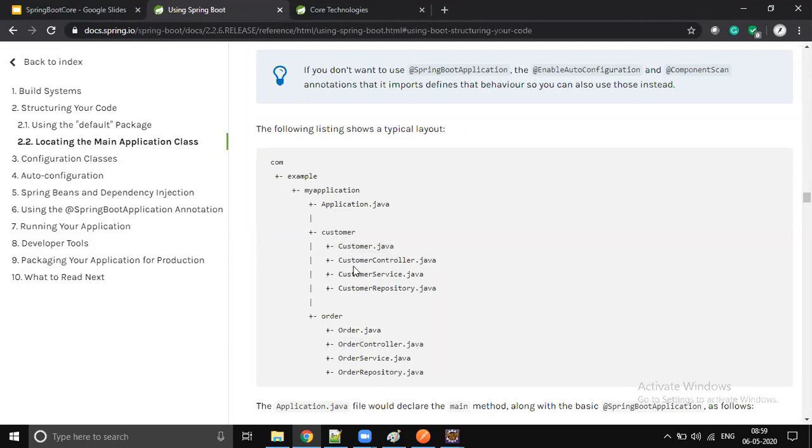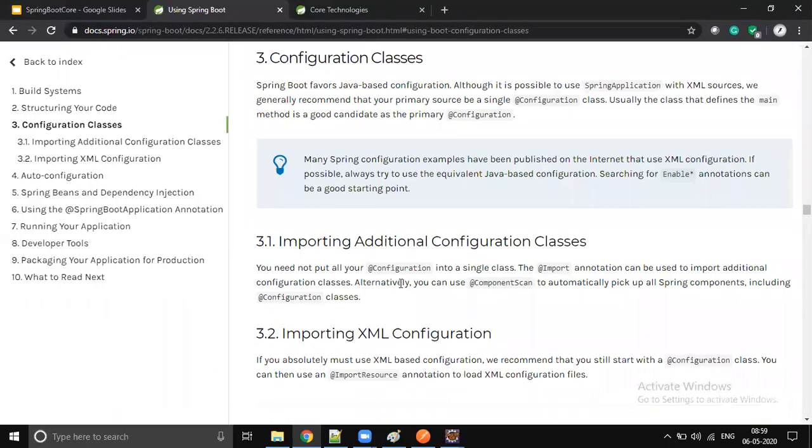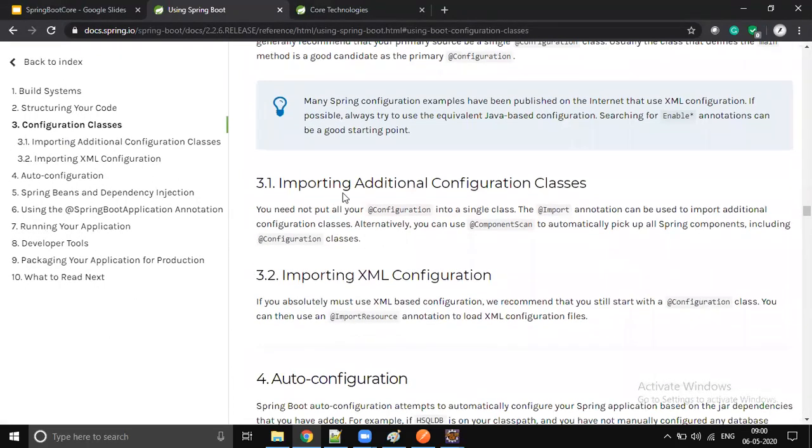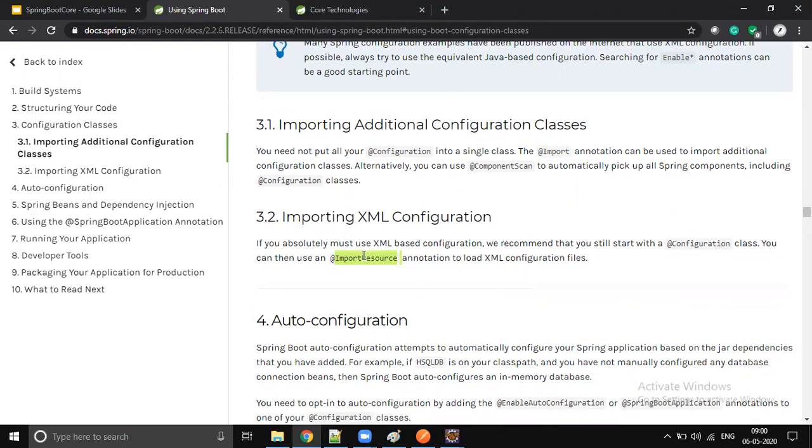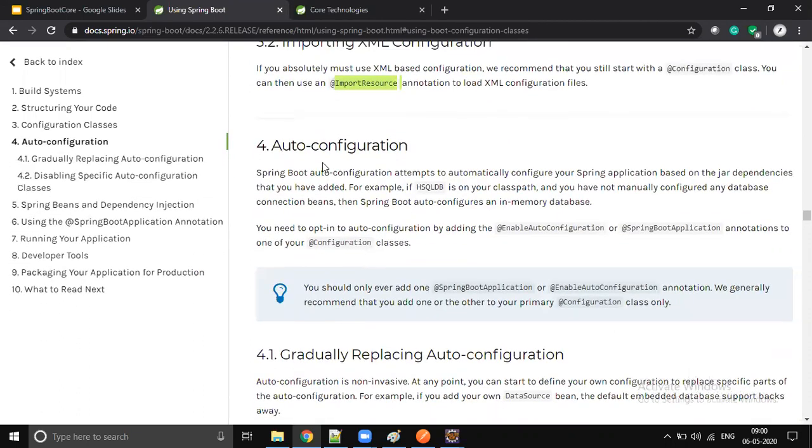So microservices is actually an architecture, which is nothing but an architecture. So we're going to use that architecture to implement microservices. Okay, so next topic is configuring the classes. We already learned, right? At configuration, at component scan, at import resource. We already completed all this. Next, this topic, auto configuration alone, I will cover when we write our first RESTful web service.